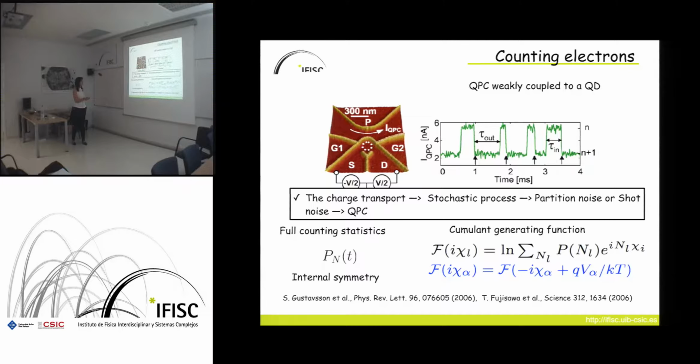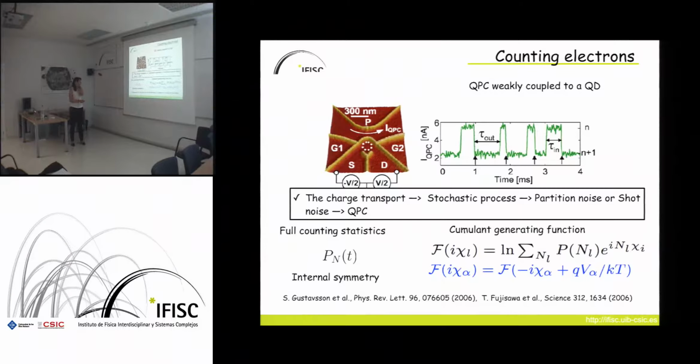So if you have some current through this dot, then the quantum point contact is a detector of such current, and you see some current through the quantum point contact as well. In this way you can say that one electron has passed through this quantum dot, another here, another there, etc. And then you can count the electrons through the quantum dot. So this transport of charge through the quantum dot is indeed a stochastic process, and from here